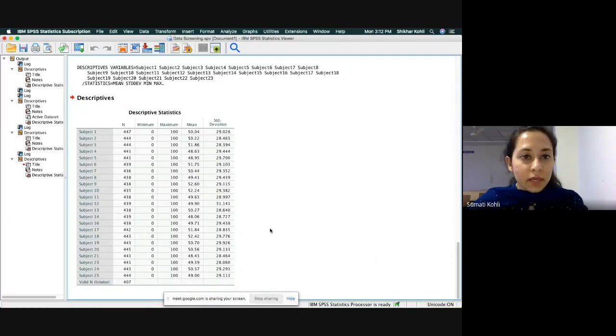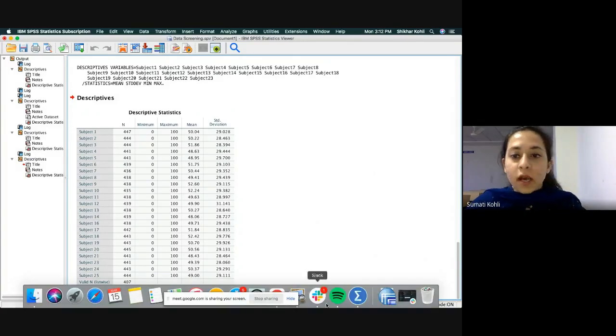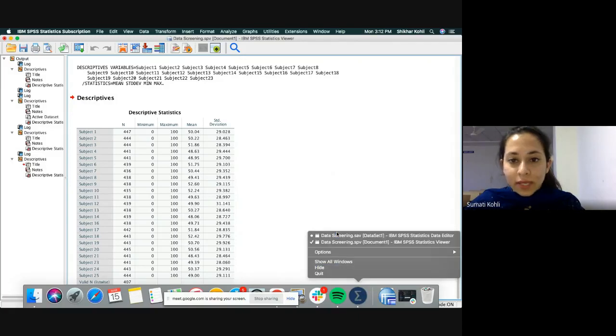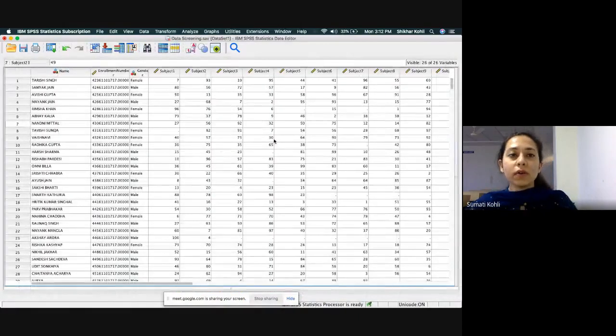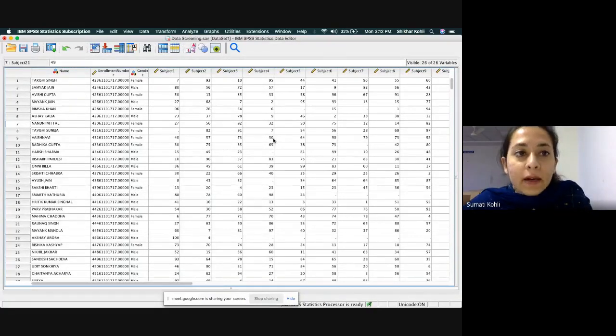So now that means we are good to go. We have all our data within the specified range that we had wanted. So now we can proceed to the next step. So now you guys tell me, if you remember from what we had done in Excel, once we have ensured that the data is within the limit or within the range of 0 to 100, and we have also deleted those wrong values, what is the next thing that we do?